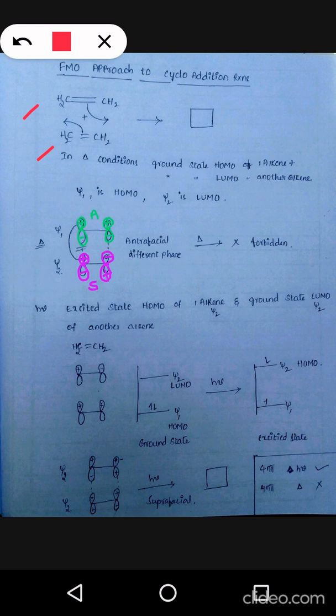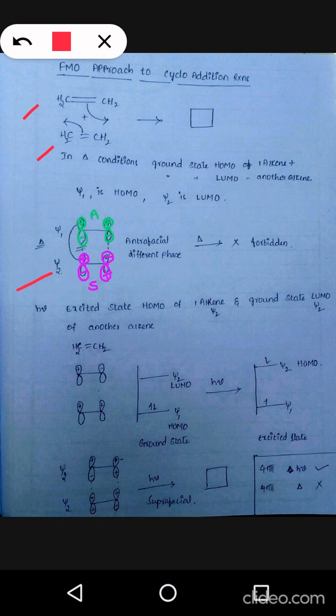Likewise, we studied in inorganic chemistry, an orbital with paired electrons will always overlap with an orbital with vacant or without electrons to form a bond. So consider the HOMO of one alkene and the LUMO of another alkene. The HOMO of an alkene is Psi1, that you know, and the LUMO of ethene is Psi2. Now, the HOMO of ethene is shown by the green colored molecular orbital, and the LUMO of ethene is shown by the purple colored